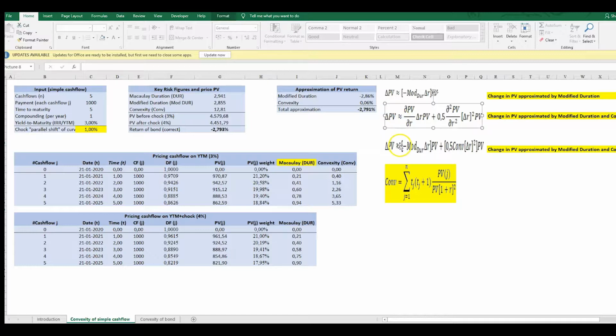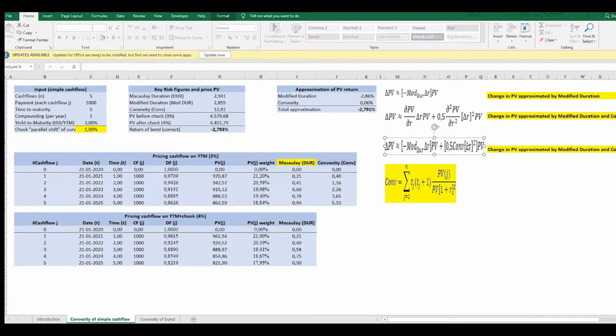And here comes the convexity into the game, because the change in the PV can be approximated by the sum of the modified duration measure and the convexity measure, which is in this nasty group of variables. And here's the total change in the PV approximated by the first contribution of the modified duration concept and